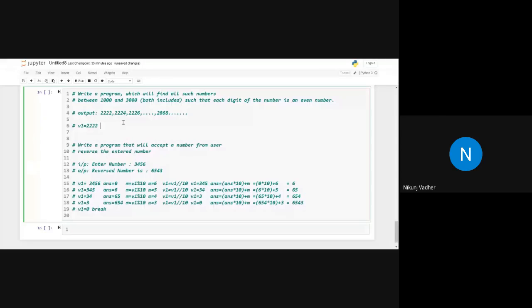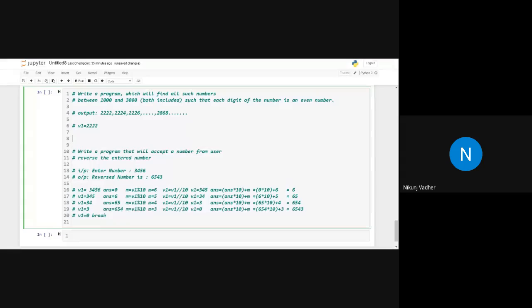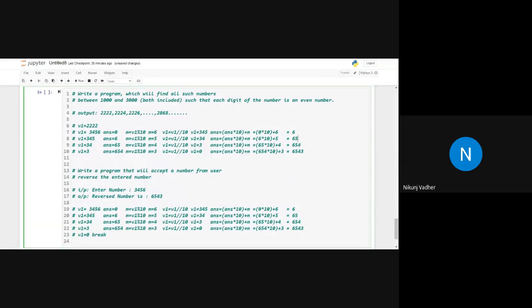The current value of v1 is 2222. Now we will use this same logic. Let me copy and paste it over here.